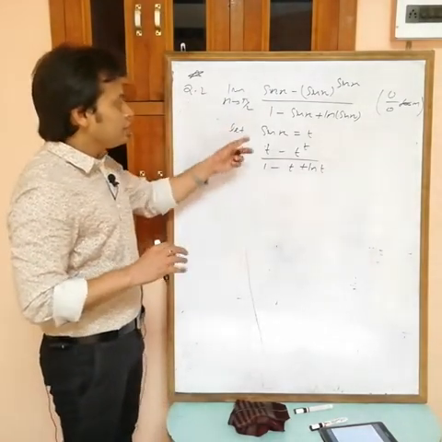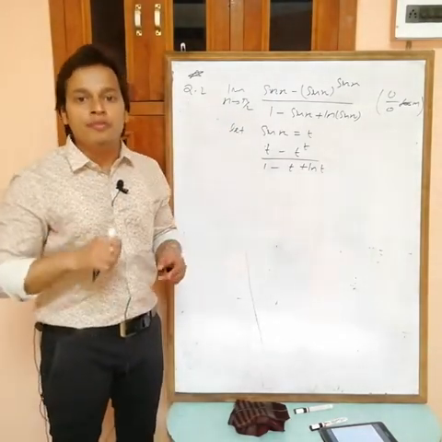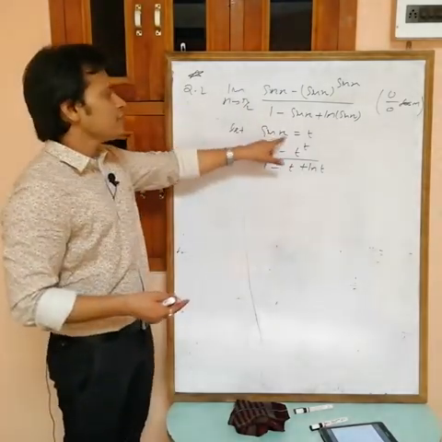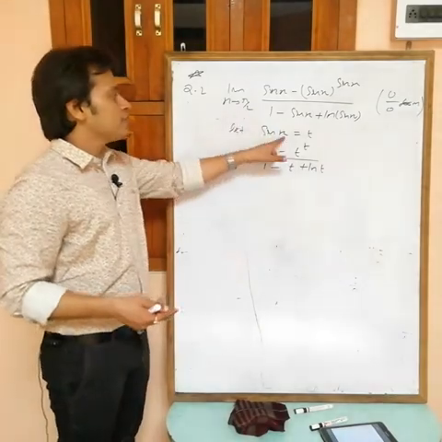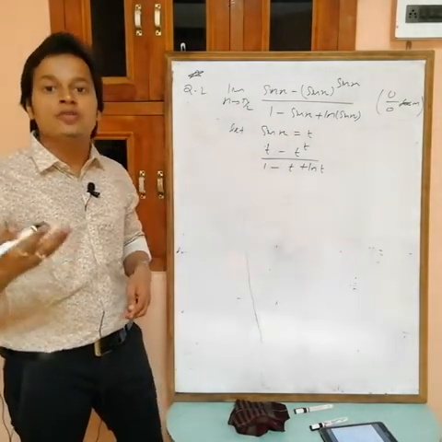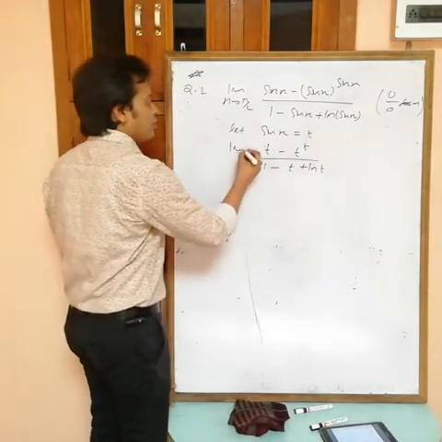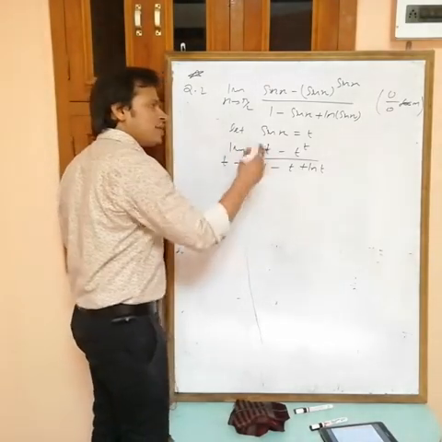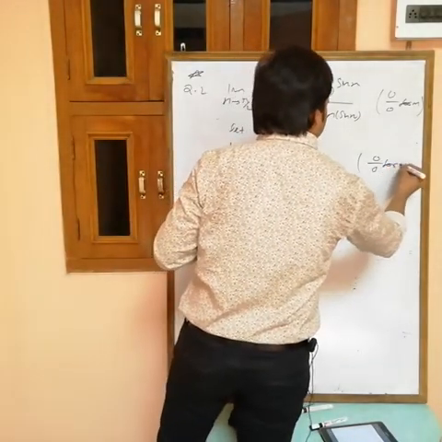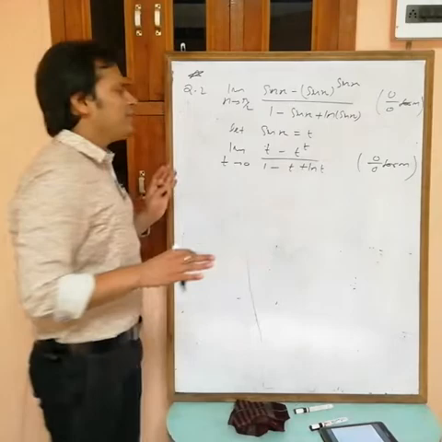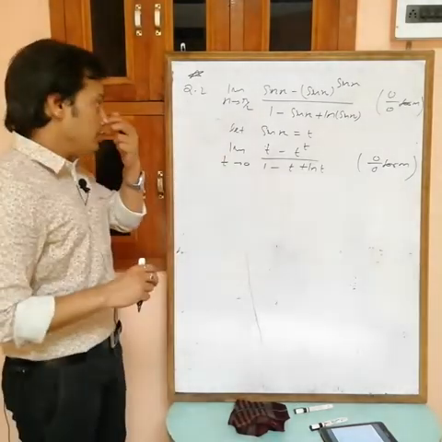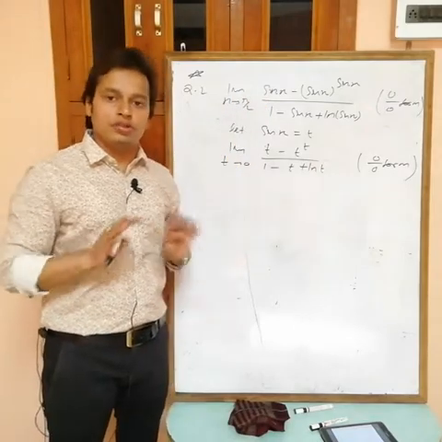But if the question is in terms of t, then we also want the limit for t, not for x. Put x equals pi by 2. sin pi by 2 is equal to 1. It means the limit for t is 1. So limit t tending to 1. Again you will get the same 0 by 0 form. If you put t equals 1, you will get 0 by 0 form. But now it is easy to differentiate this. If you differentiate this also you will get the solution, no problem.